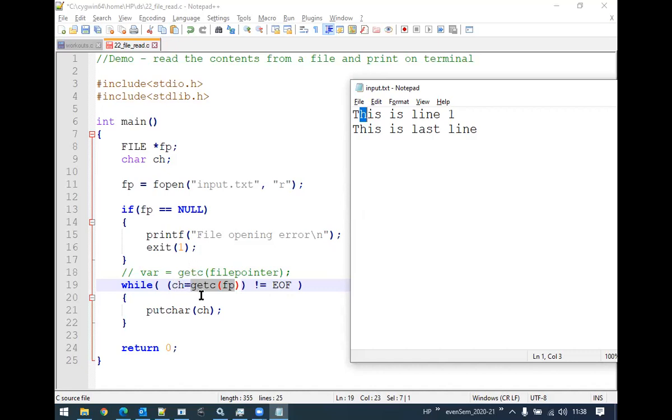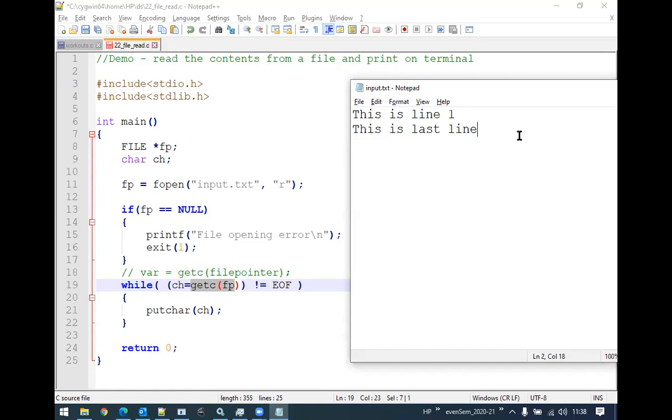And is that H not equal to end of the file? Yes, H is not equal to end of the file. That means the condition becomes true again and it will enter into the loop, and it prints that H onto the monitor. Like that, it keeps on reading a single character up to this particular character E. Once it encounters E, it prints that also, and then the file pointer will move on to the next character of E. The next character after E is what? It is end of the file.